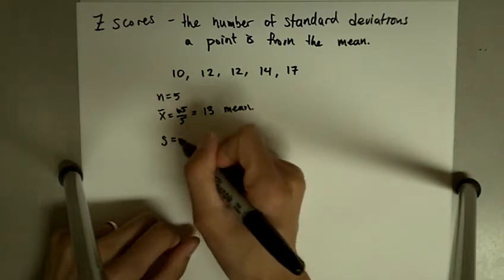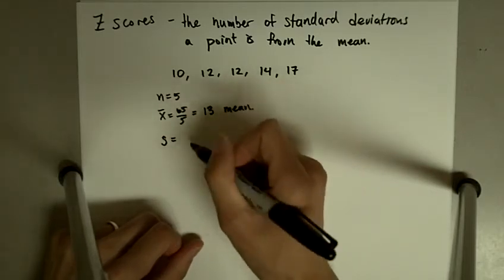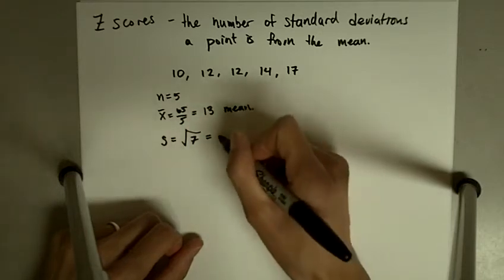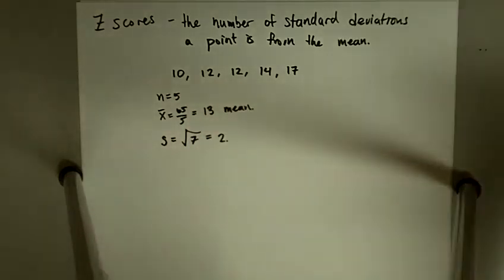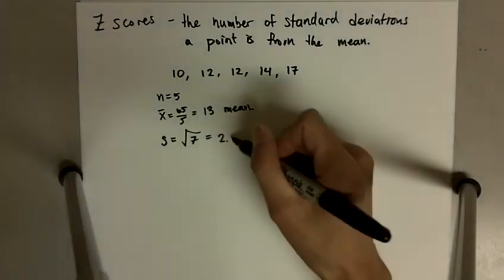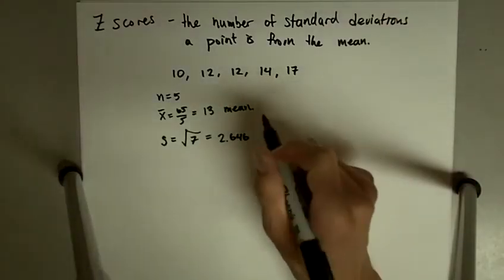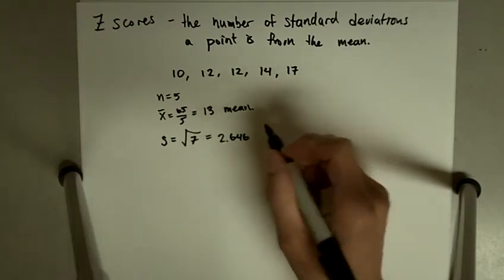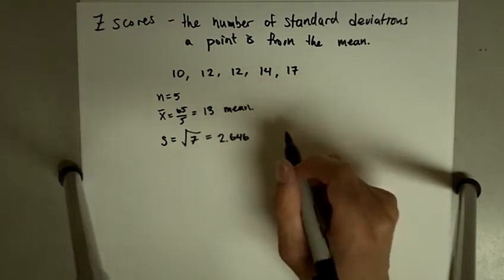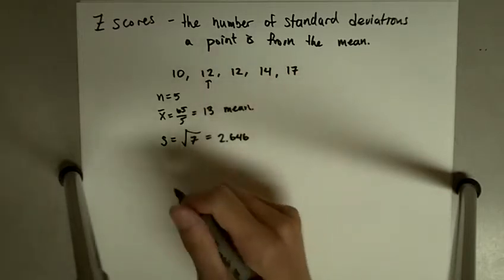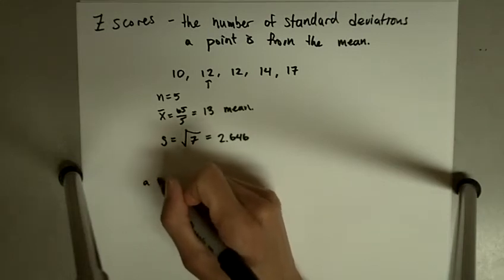From before, we calculated the standard deviation, and we got the standard deviation to be equal to the square root of 7, which was 2.626, I believe. Let me just verify. I'm sorry, 2.646. That is our standard deviation. Okay, so our mean is 13 and our standard deviation is 2.646. So if we take one of the students, a student who is 12 years old,